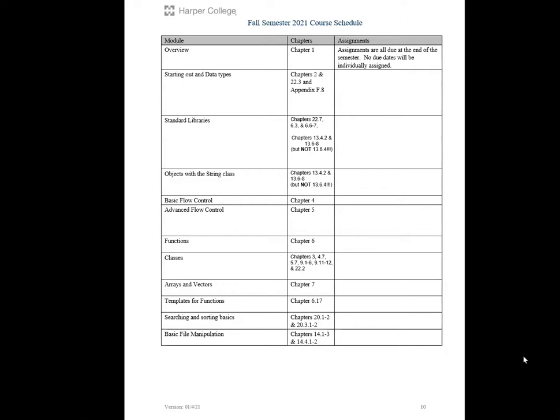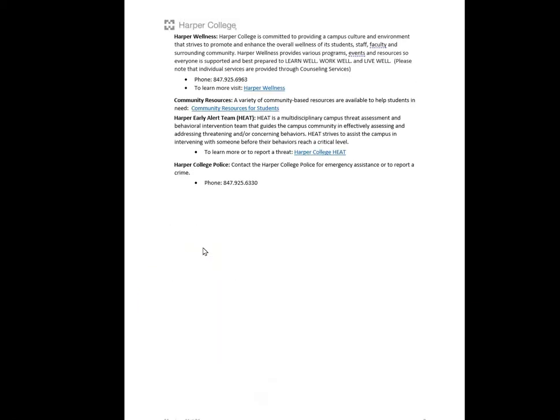All in all, this is an introductory course, but it's pretty work intensive. C++ isn't the easiest programming language to pick up, but if you can pick it up, you can probably pick up any other language. Well, with that in mind, I look forward to meeting each of you and helping you